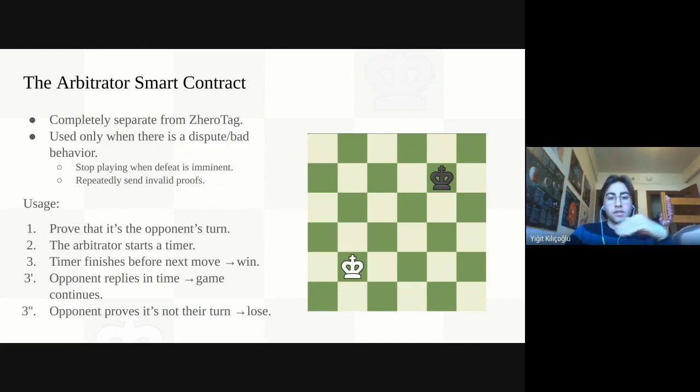But here's a conceptual idea as to how it would work. It is completely separate from ZheroTag. I imagine it to be just a separate utility that other applications can use. You can, for example, use it to prove that it's your brother's turn to go to the grocery or something. But for ZheroTag, what you do is